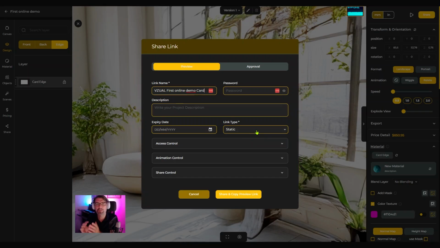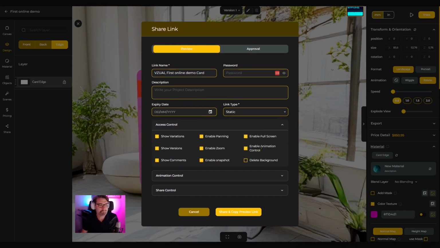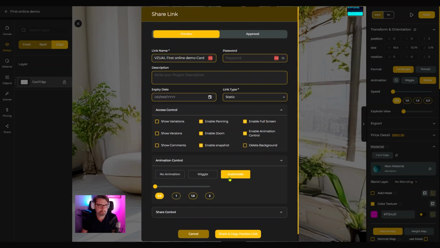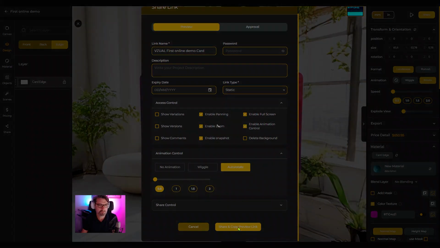Static means it will freeze all of the settings that we did in this card. So I'm going to do this right now so that everyone can see the same thing. Or you can set it to dynamic so that if you make a change, it will actually update the link in the background. I can show variations, versions, comments. I'll just disable all of this. I will enable panning and zooming and rotation. I will enable the snapshot. I will enable full screen and animation control. Yeah, and that's it. I'm just going to copy this link